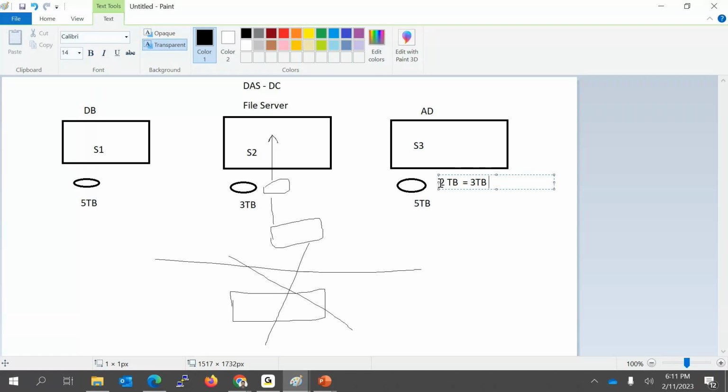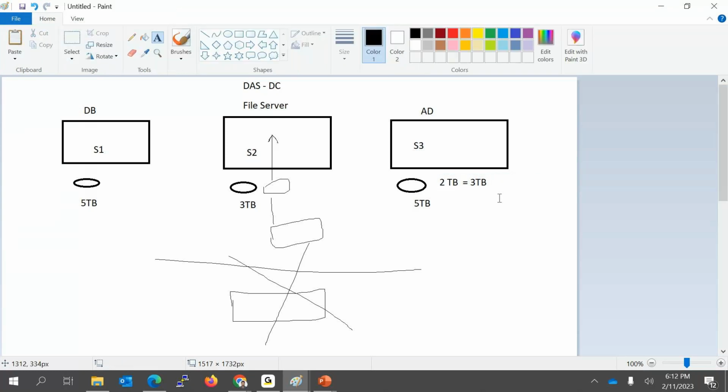So probably out of 1,000 servers, 300 servers are having this incident. Okay, so in 300 servers 3 TB is going wasted. So 3 into 300 into 3, overall 9,000 TB is going wasted.